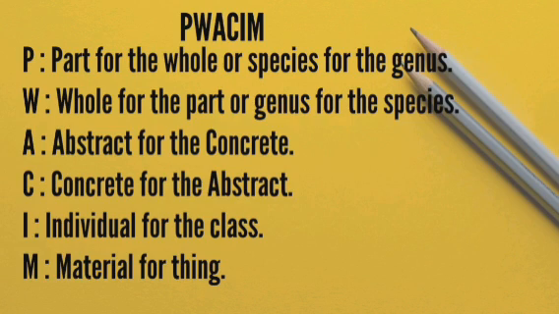Those characters will be mentioned over here, but it will refer to what? It will actually refer to the whole class of those people. Individual for the class. Individual for the class is like, for example,